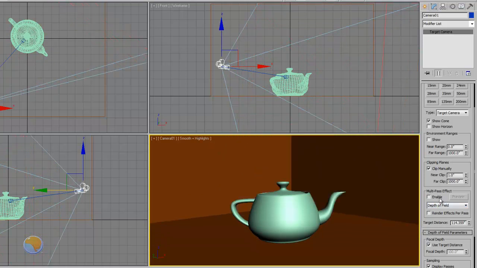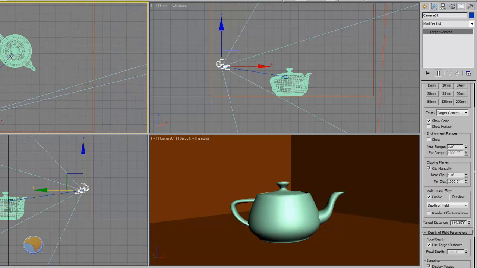And then you have a multi-pass effect. This camera can do things like a depth of field. If you click on that, enable it, and wherever your target is set, that will be the focus point for your depth of field. You can click on preview. It's not going to be much here because it's not really a lot to look at graphically in